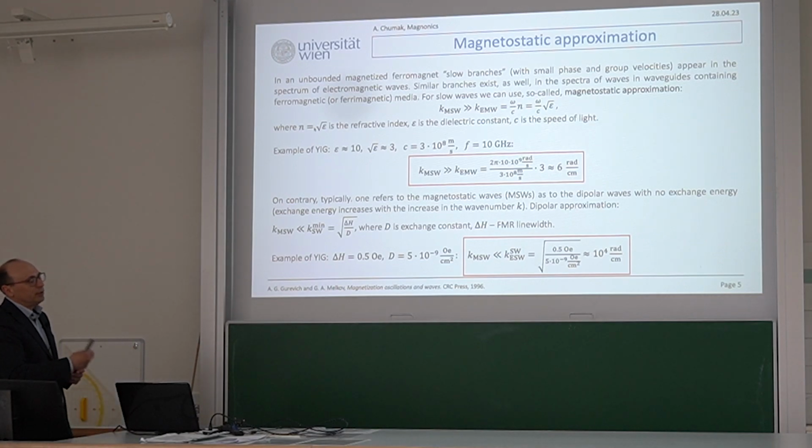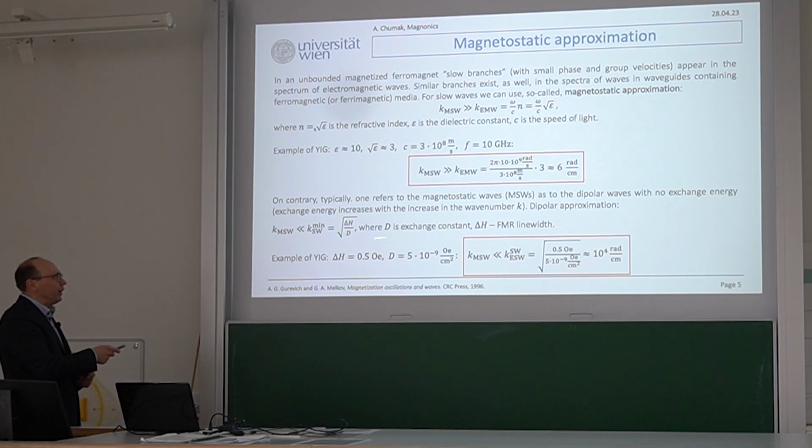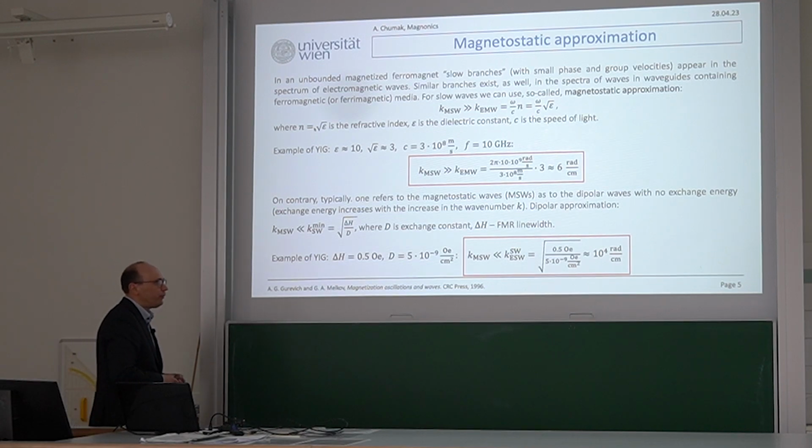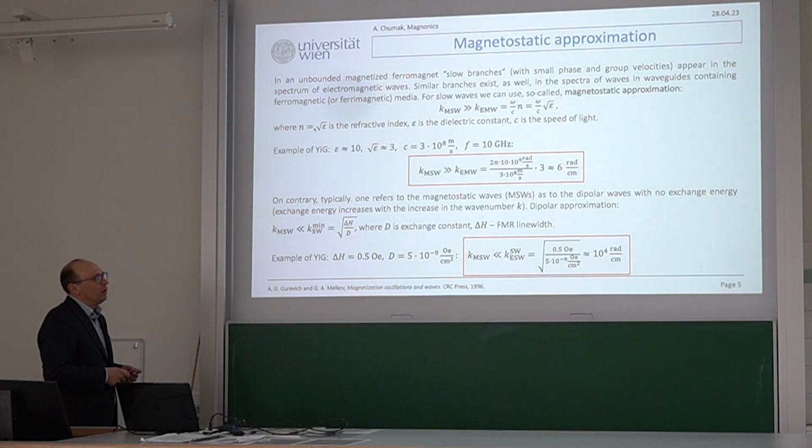How to define this right border? There are different ways, but for example, this one is often used: they take delta H, the ferromagnetic resonance line width, and divide it by the exchange constant D. For spin waves in YIG, with these typical parameters, you will get 10 to the power of 4. And the wavelength is 2 pi divided by 10 to the power of 4. So in principle, it should be somewhere in the